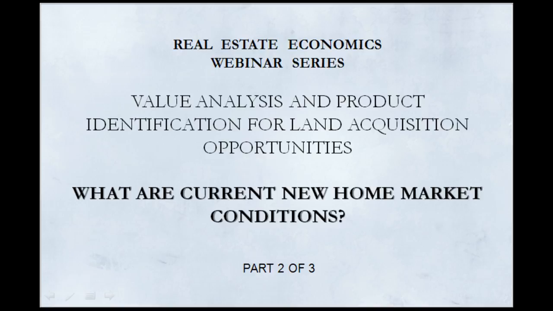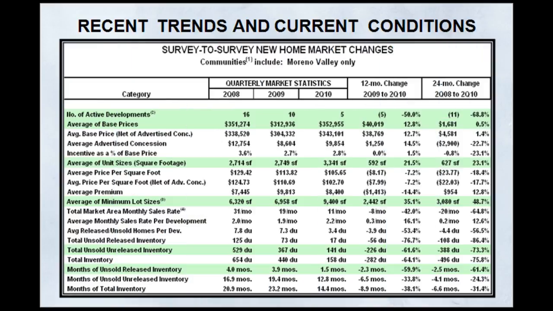In our previous section, we looked at the resale market. The resale market's currently collecting about 90% of home sales in this particular area. So that really is the dominant force. It's not presently a robust new home market area, and we can see this in our Real Estate Economics survey-to-survey